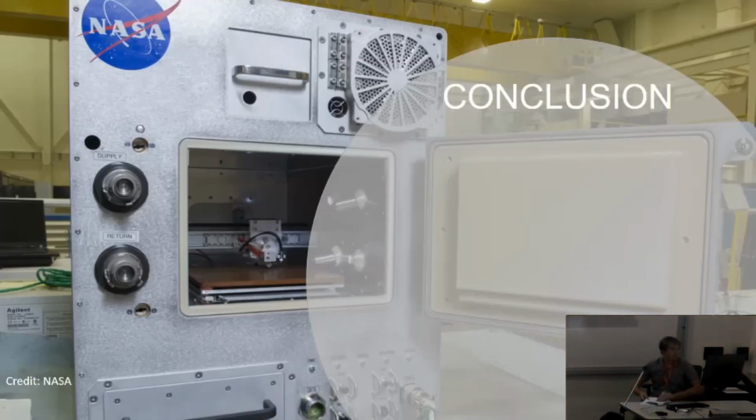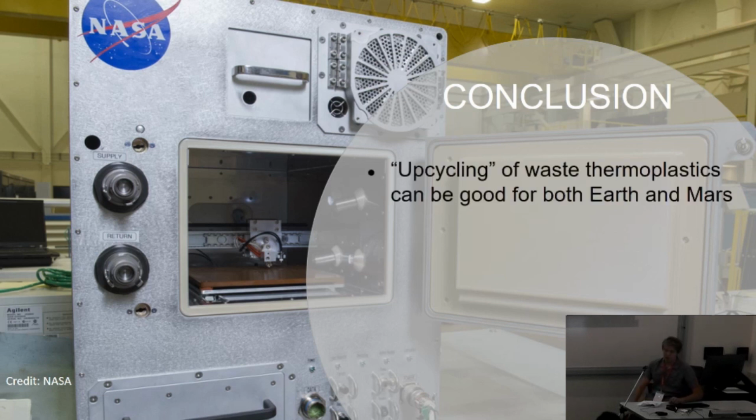Bringing me to my conclusion. While construction of habitat using in situ resources currently available on Mars is both plausible and currently being planned for future missions, the collection, transportation, and upcycling of ubiquitous and problematic sources of disposable plastics on Earth, so that they may be used as a practical and valuable source of construction material on Mars, would not only help to bring societal action to help address the issue of plastic waste, but also galvanize public attention and interest in directly